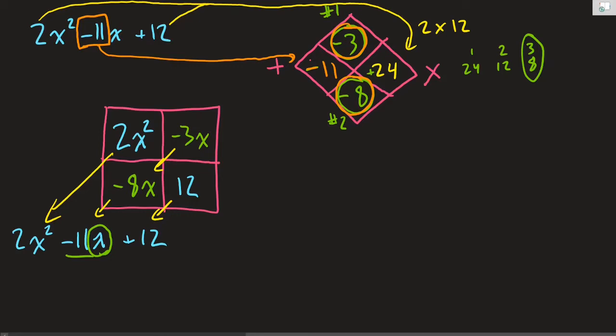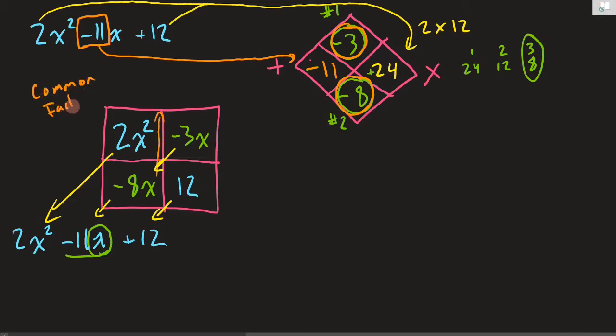And that is the inside of our box method multiplication. So now we just need to work backwards to figure out what numbers we get on each edge. So we're going to look up here and say, okay, what could we multiply by to get 2x squared and negative 8x? And what we're going to want to do is common factor